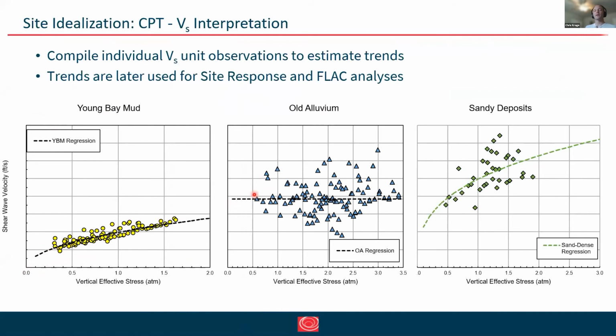And then when we're looking at a denser underlying over consolidated material, there's a lot more variability in the older alluvium. And then there's some other sandy deposits that we can select representative profiles for our design and analysis. And this is important when we're going to do this type of seismic evaluation, because we do need to